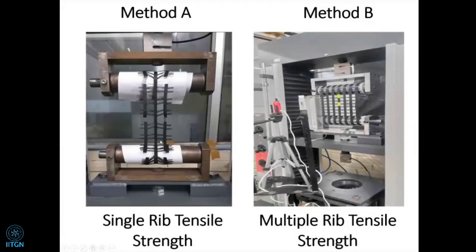This is the single rib test method. The sample is there on the left side. On the right side is a multi-rib. We have taken 3 to 7 ribs, and here we have to cut both the side ribs in this manner only, as this is as per code. We have to cut at 2 places, and this is the sampling of the single rib method for the tensile strength test. On the right side is the multi-rib tensile strength method. The single rib method is described in the code as method A, and the multi-rib tensile strength method is called method B.